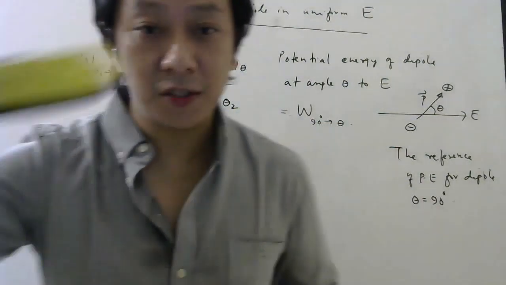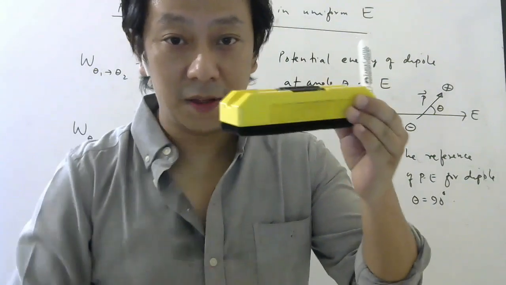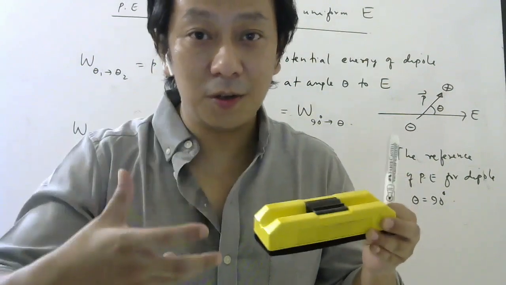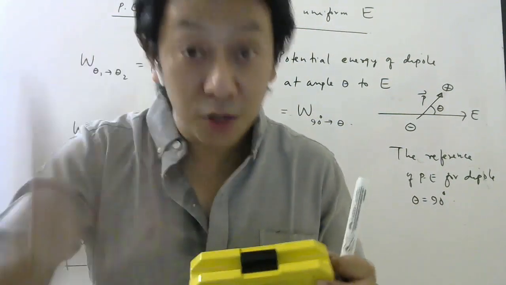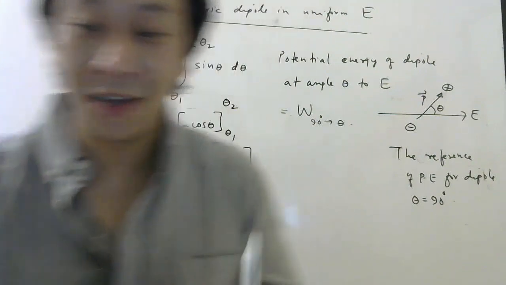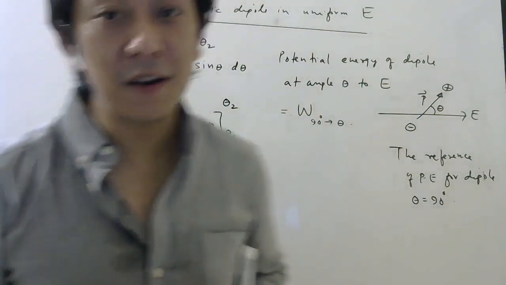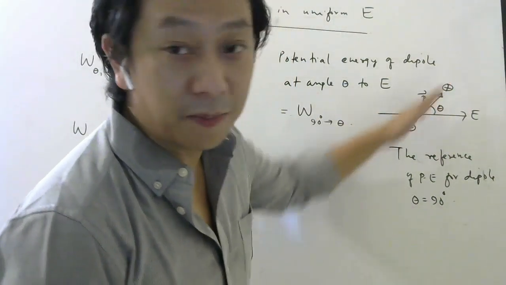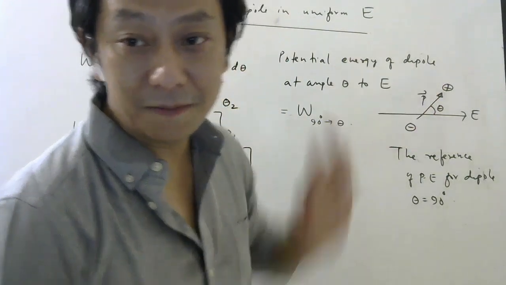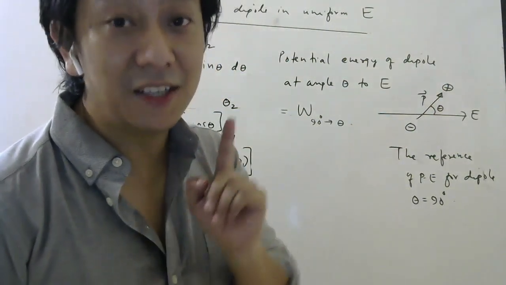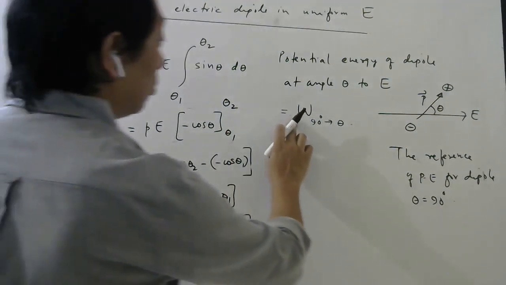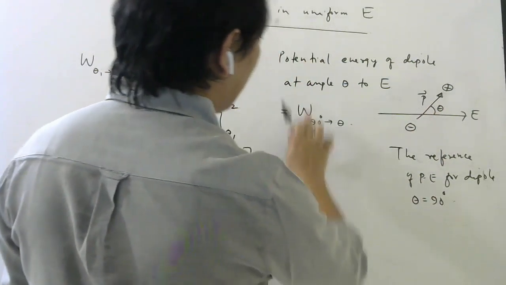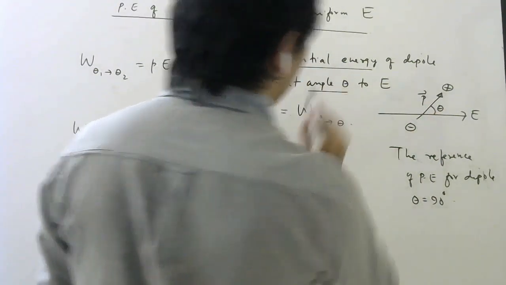See, suppose you want the potential energy of this duster at some height. Then what do we do? We start from the reference and then we come to this point. Whatever work you do, that is stored as potential energy. Understanding? Okay. So you need to start from the reference if you want potential energy at a certain position. We want the potential energy of this dipole at this position, at this angle. So we have chosen the reference as 90 degrees. So the work done to rotate the dipole from 90 degrees to some angle theta, that is what we call potential energy at angle theta.